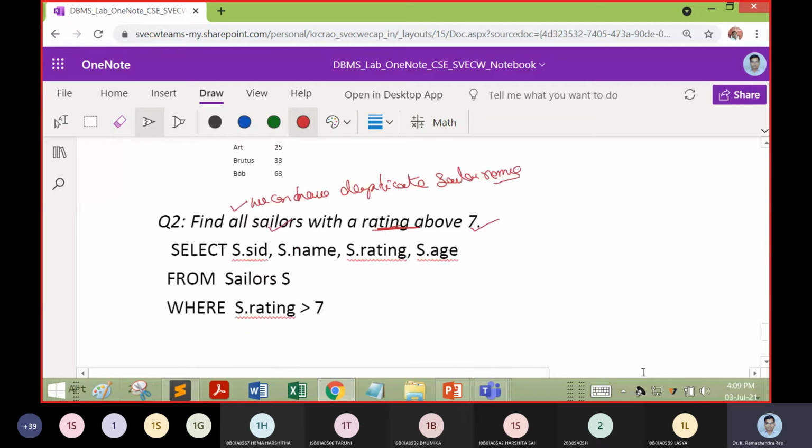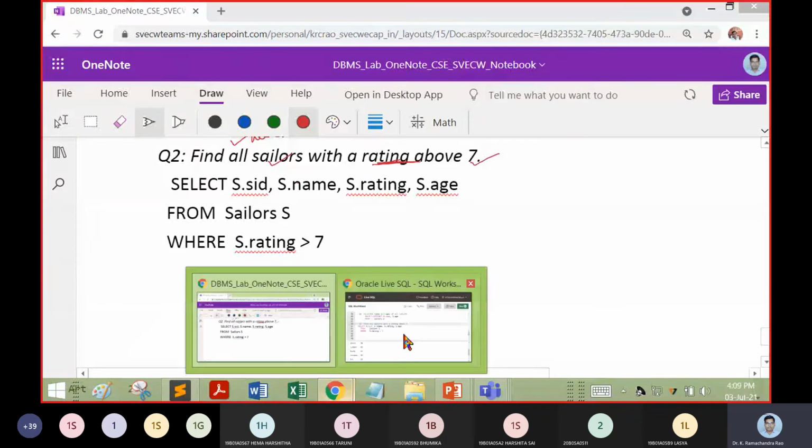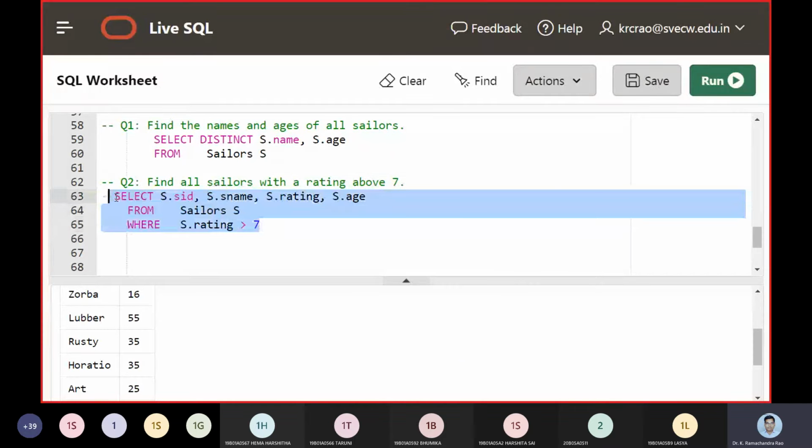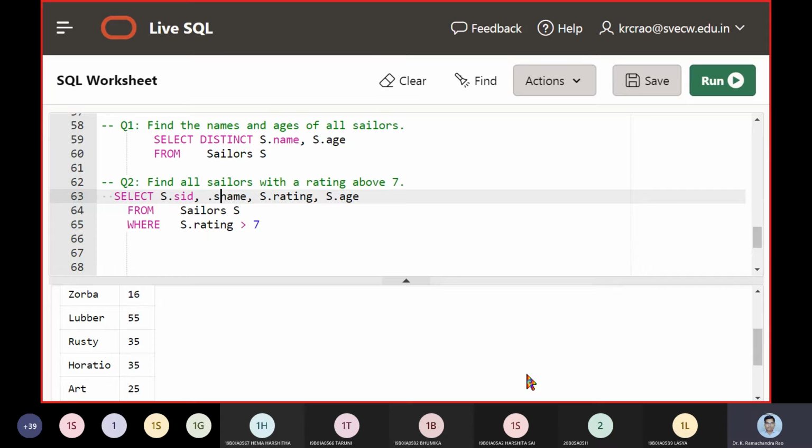So now let us check in the SQL part whether we are able to meet that or not. So we have s dot name. I missed something here. Why is it not accepting the content?